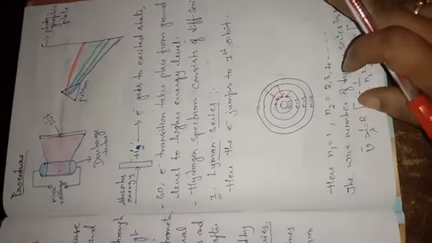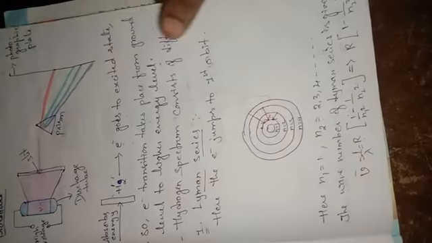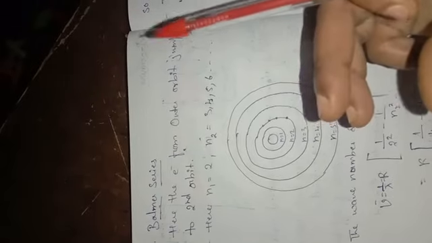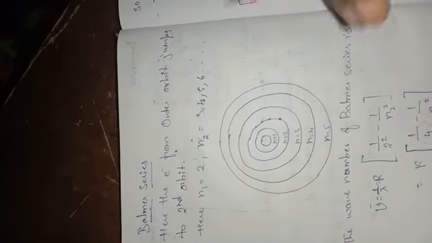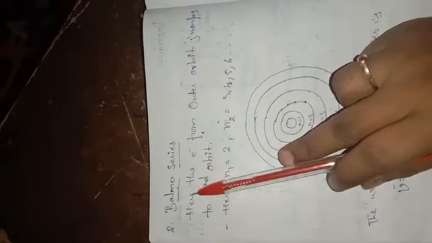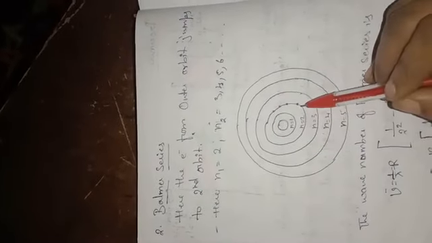Understand? And what is the second series? Second series means, so look at here. Next one is the Balmer series. So he was the first person who observed the hydrogen spectrum. Understand? He noticed the number of lines, and he has given different names also. So what happens here? Here the electron from the outermost orbit jumps to the second orbit.